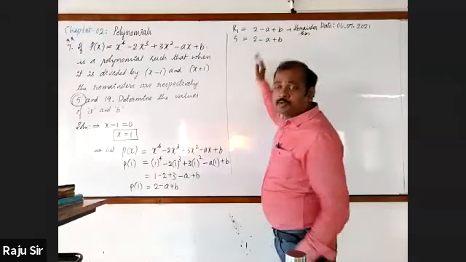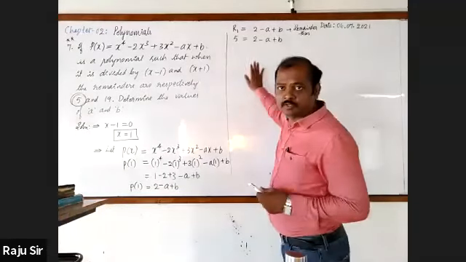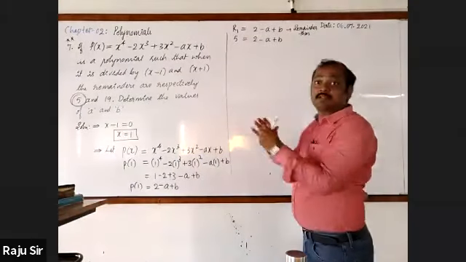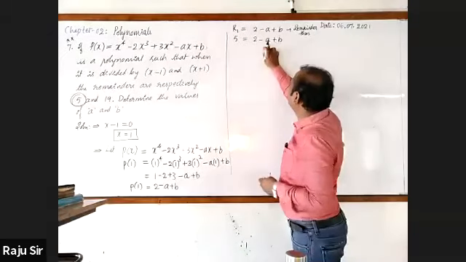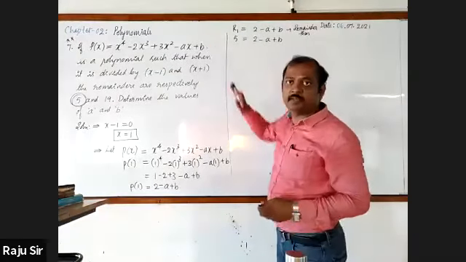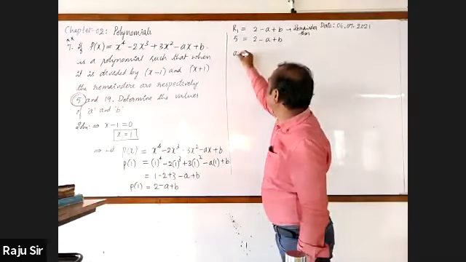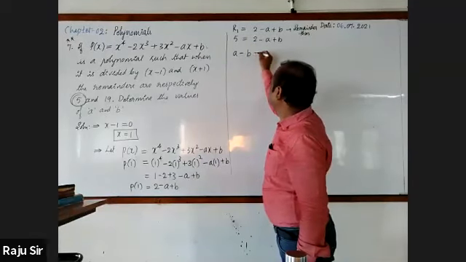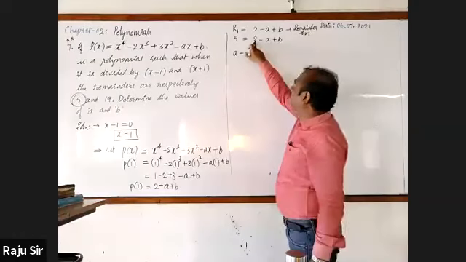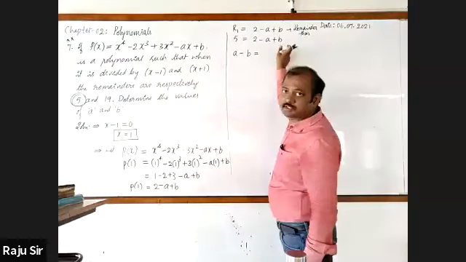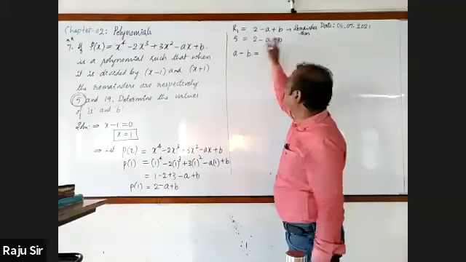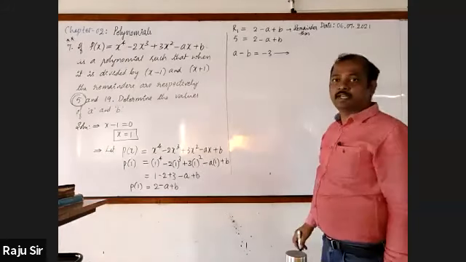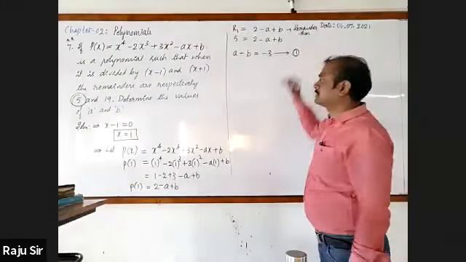Now observe. I'm going to write the algebraic terms and constants separately. See that here minus a plus b is there. Let's take them to the left hand side. Minus a becomes plus a, plus b becomes minus b. This is equal to constants. Here is 2 as it is. Transfer 5 to the right hand side. It becomes minus 5. What is 2 minus 5? Minus 3. So a minus b is equal to minus 3. You may call it equation 1.